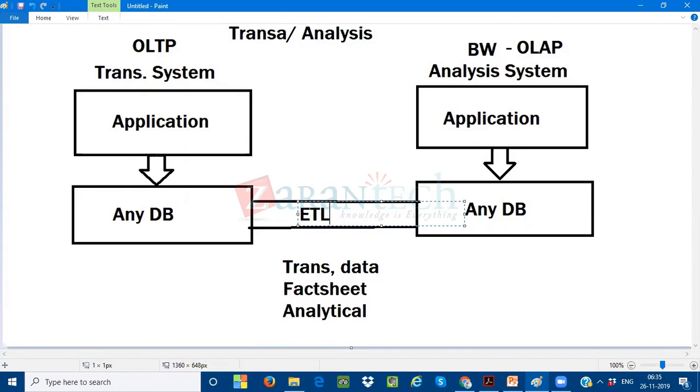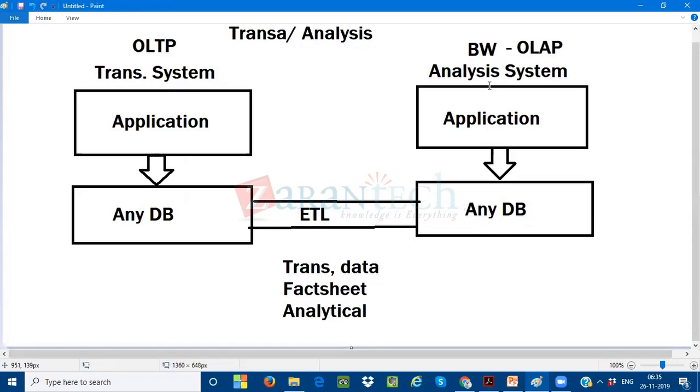You are extracting the data from the OLTP system, transforming the data and loading the data to where? You are loading the data to another landscape. We can call it another system or another hardware, which is the BW system, which serves you as an OLAP process, online analytical process actually. This is a separate site, and separate consultants work on the BW system. As an FI consultant, I don't know how to build the reports in the BW system. This will be done by your BW consultants.